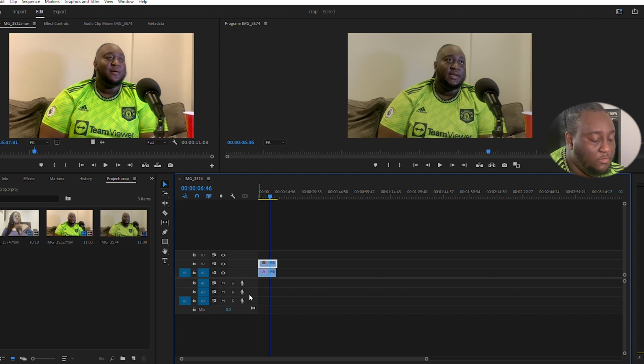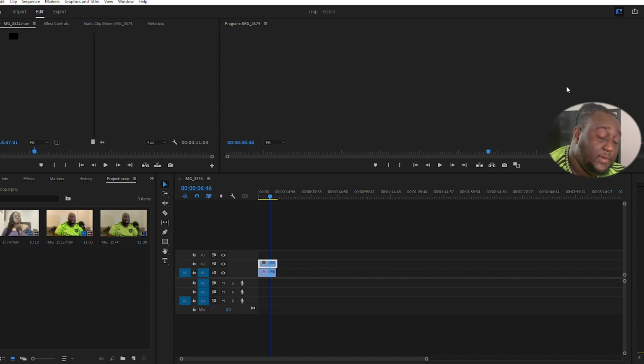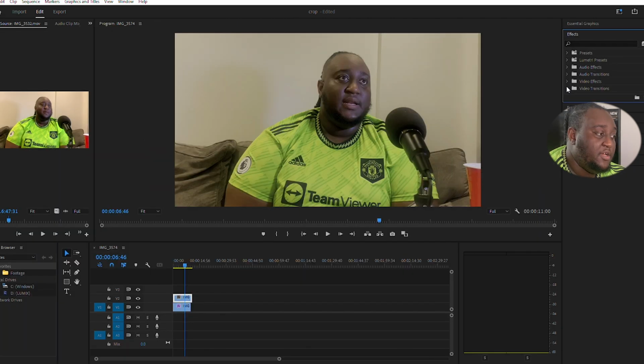So the step that we need to take is to go to the workspace. You press on the workspace and you go from editing to effects. When you go from editing to effects, the screen changes into the effects tab. Now, once you reach the effects tab, all you have to do is just search for crop. So if you type in crop,